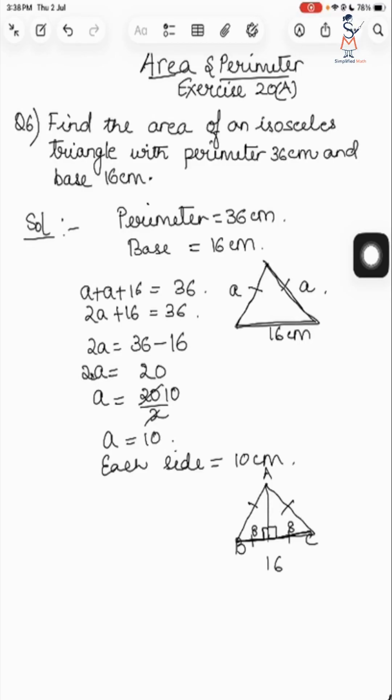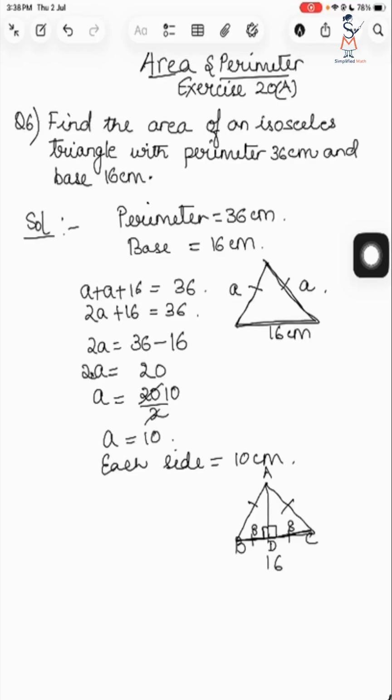The altitude is at 90 degrees from the vertex on the base. So now we will find AD, let the foot be D, with the help of the Pythagoras theorem. AB we found as 10. So by the Pythagoras theorem, AD square is equal to AB square minus BD square. Now we know AB is 10 and BD is 8 centimeter, because the altitude AD